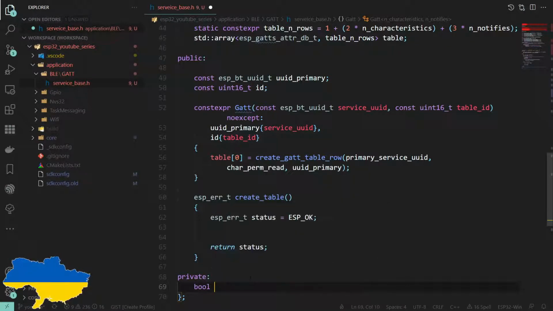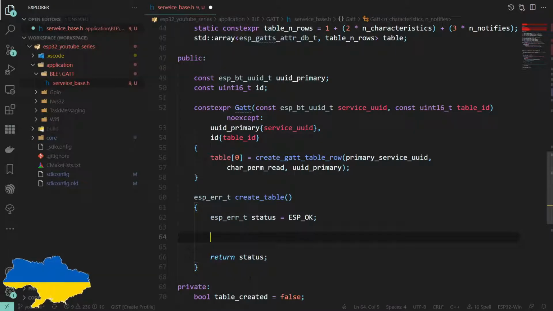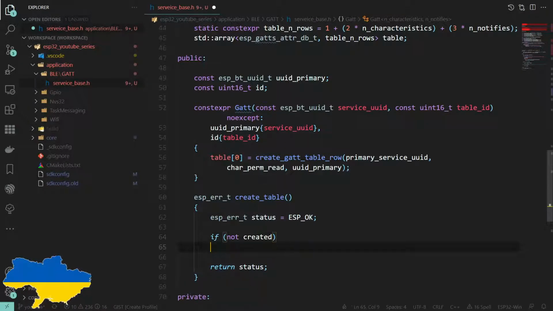And then we can just do a conditional on here. So if not created, I think you can actually do, yeah, you can, if not created, then we will call the API.